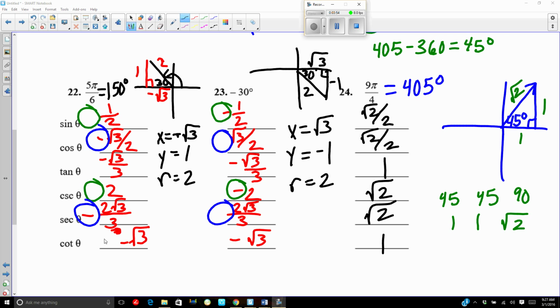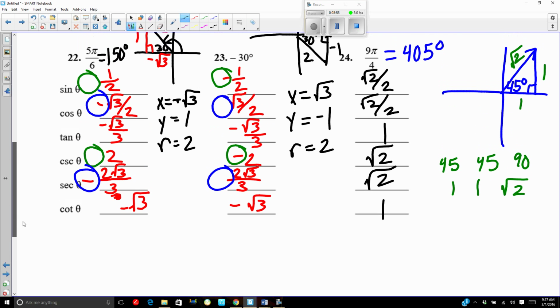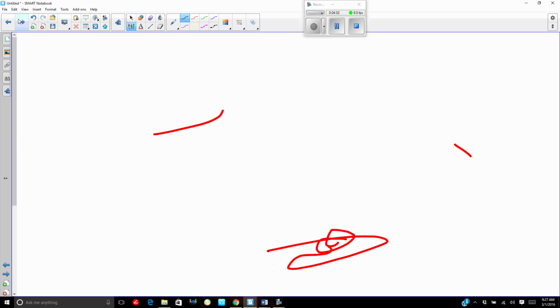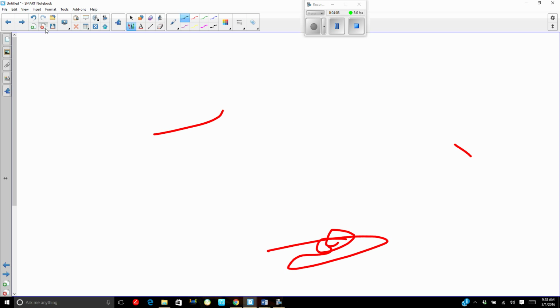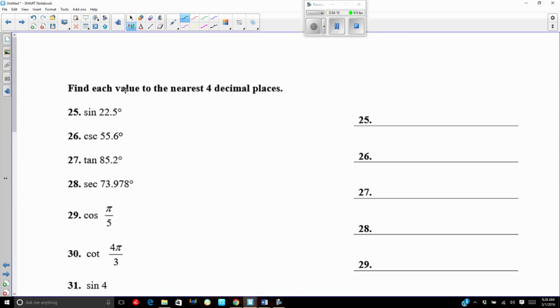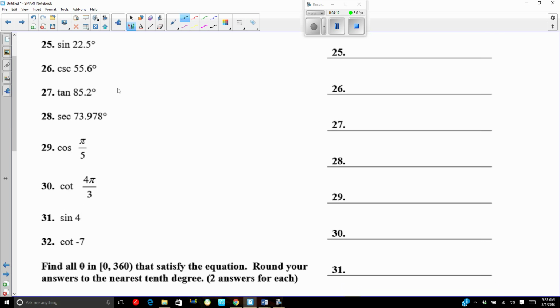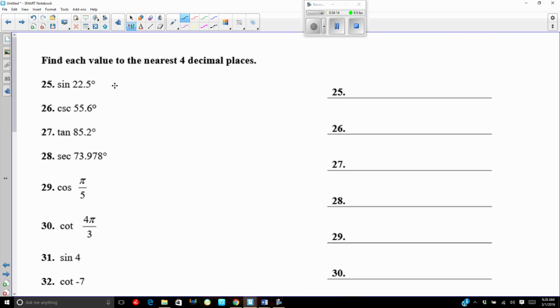Pause if you need to. I'm going to go ahead and move on. I think we're to the last page. So let's flip over to the last page and do those real quickly. All right, last page, 25 through 32. It's all just calculator practice. Plug it into your calculator. Make sure you are in degree mode for